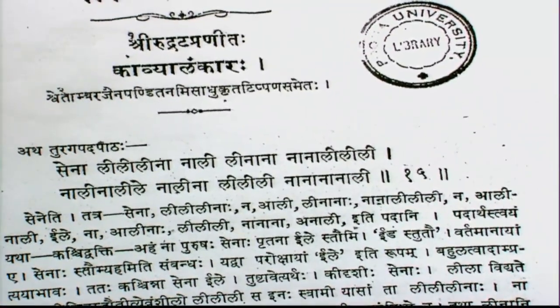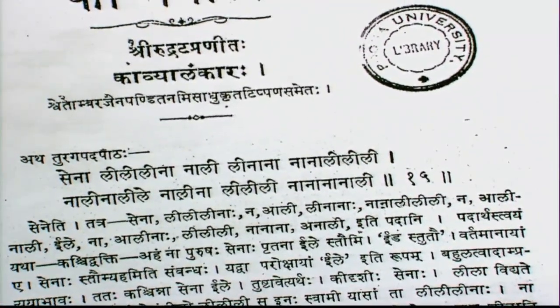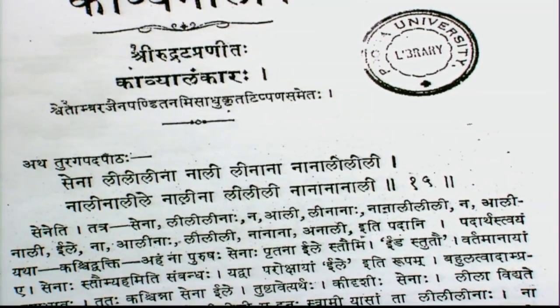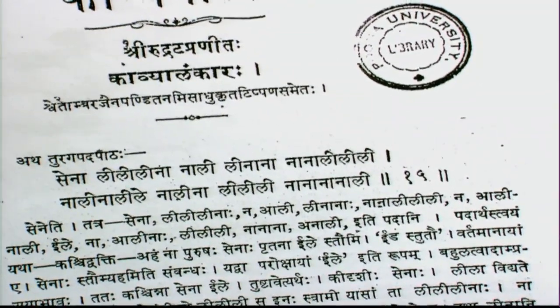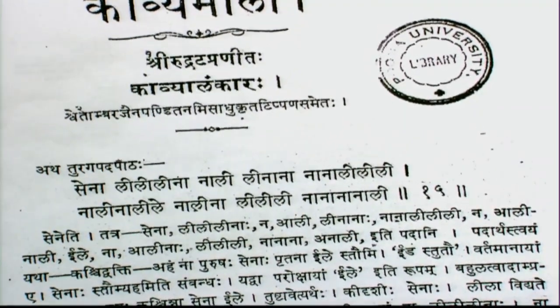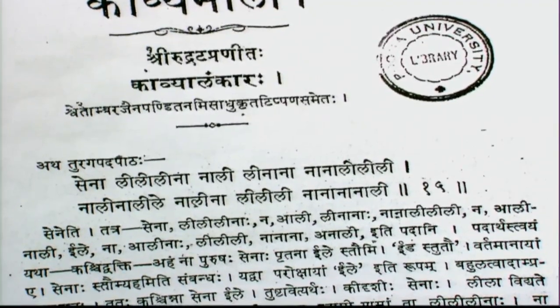This is an excerpt from Rudrata's book from 815, the Kavyalankara, which is the title of his book. It means ornaments of poetry, and at this time there was a kind of cult in Kashmir of poets who would be hired by the Maharaja to be witty and entertaining, and they would write